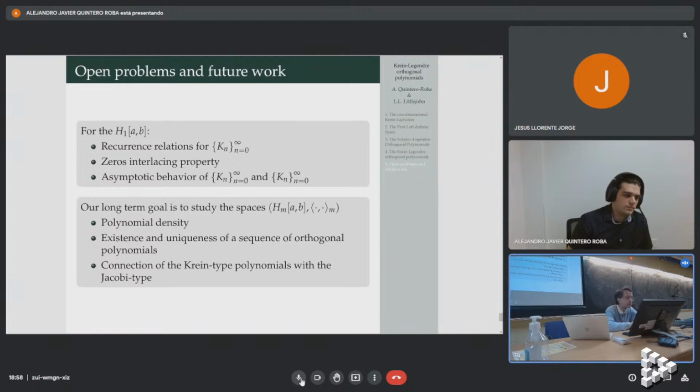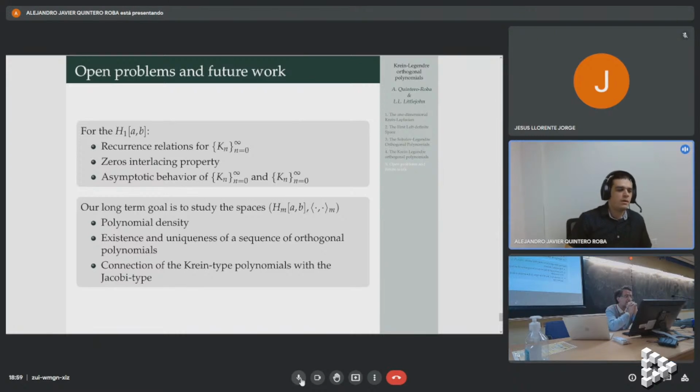Bueno, yo tenía una curiosidad. El espacio de polinomios ortogonales dentro de todo el espacio es muy pequeño como para ser denso, ¿no? Imagino que será algo, no sé qué estructura tendrá ahí dentro, pero que sea algo de medida cero, ¿no? Quiero decir, el espacio de polinomios, pienso que es algo así como discreto y que es difícil demostrar que es denso, ¿no?